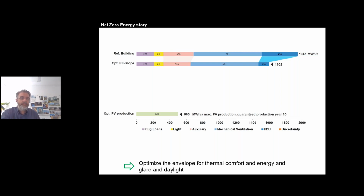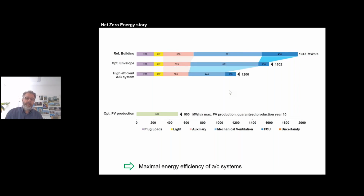You are designers, you are architects, so let's start to look into an optimized building. So an optimized building definitely would bring down energy demand, but it's not sufficient. Then we started, okay, let's do something crazy. Let's think about the most energy efficient system you would buy, in Switzerland, with heat recovery, with latent and sensible heat recovery, and would that work? We found out even if we would have gold in our pockets, a high efficient AC system would not help us